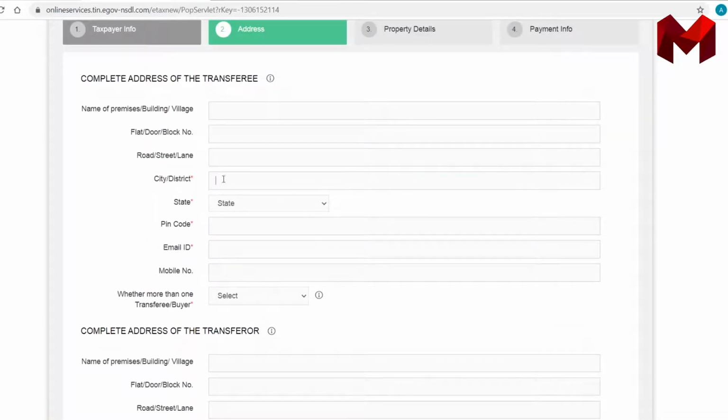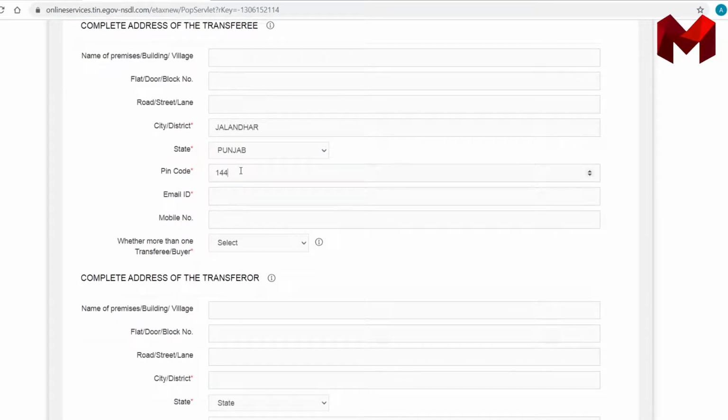I'm just entering the fields which are compulsory, like this. State. You need to give the complete address.